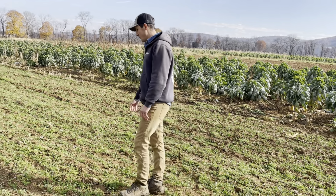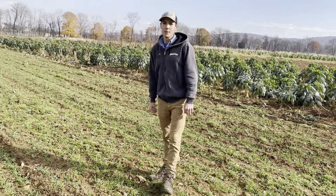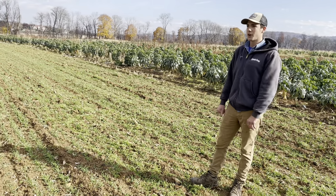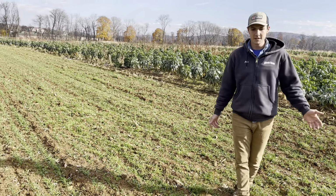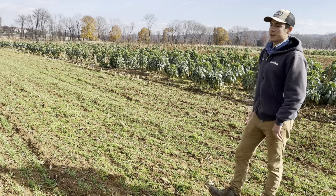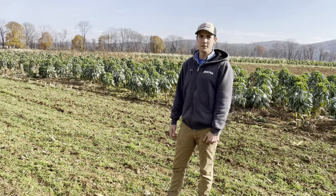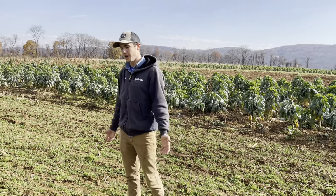That cover crop will decompose and then provide nutrients for the growing season, which would be next summer. In this field we have winter rye. It's a very common cover crop, winter rye or cereal rye, very common in the Northeast because it can overwinter, and it creates a ton of biomass for the following year, which increases the soil organic matter,